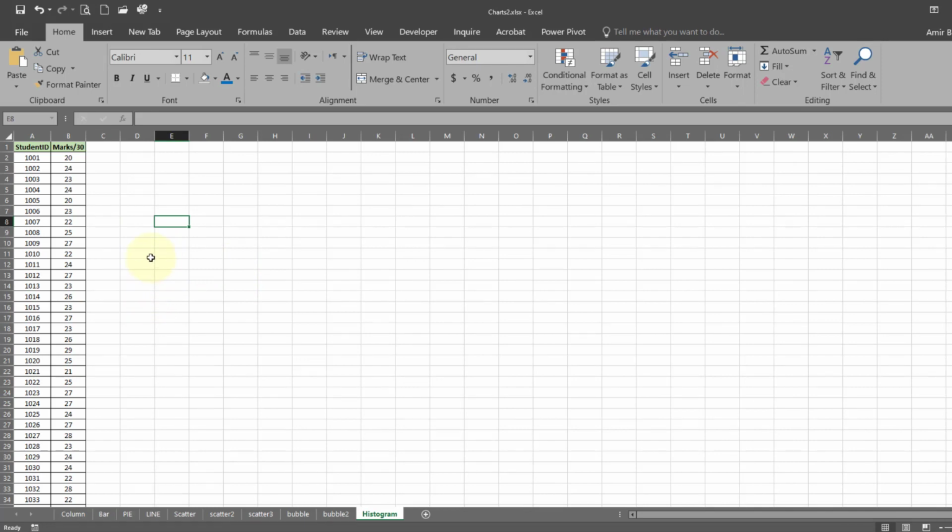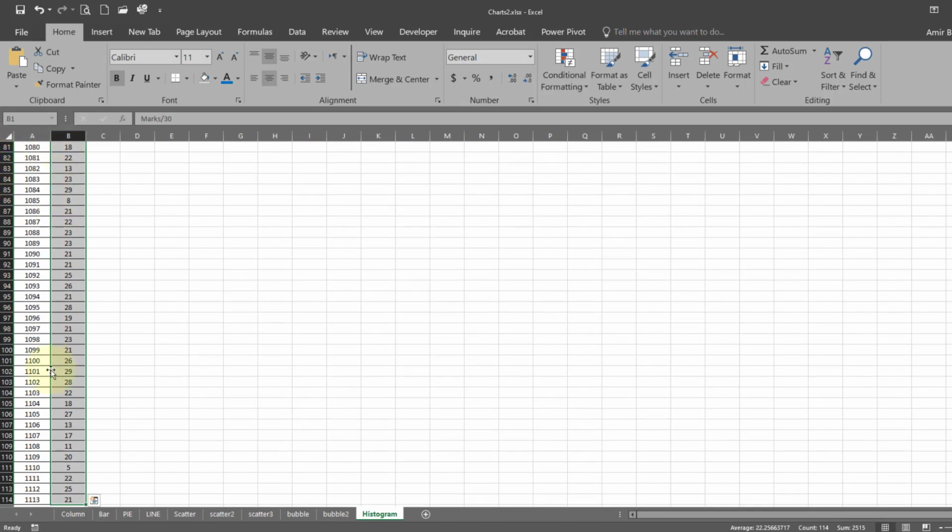Now we will look at the histogram chart. Histogram is a common variation of column charts used to present distribution and relationships of a single variable over a set of categories. A good example of histogram can be the distribution of grades in an exam. Here we have this data. These are the marks. Now these are original marks, real marks of 113 students. So we will see how to create a histogram from this data.